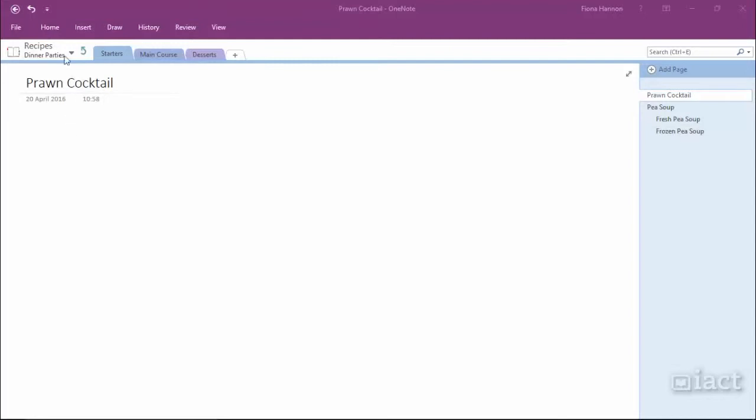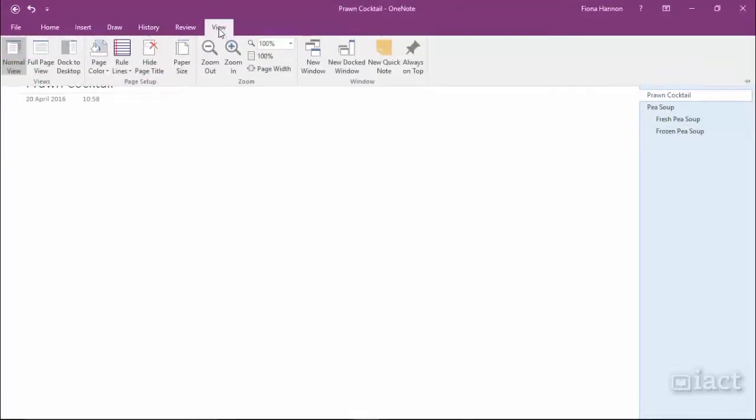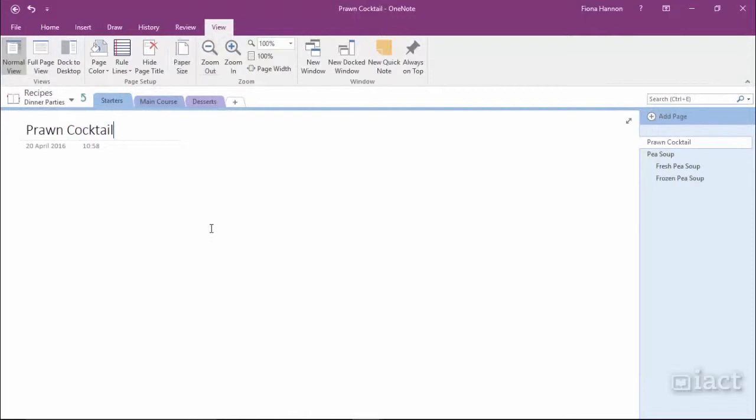To look at these settings, we need to change the tab that we're on, so I'm going to go to the View tab. Double-clicking on the View tab will lock the ribbon so that we can see the settings that we're talking about. Within this tab, you'll see a Page Setup group, and the first thing in this group is